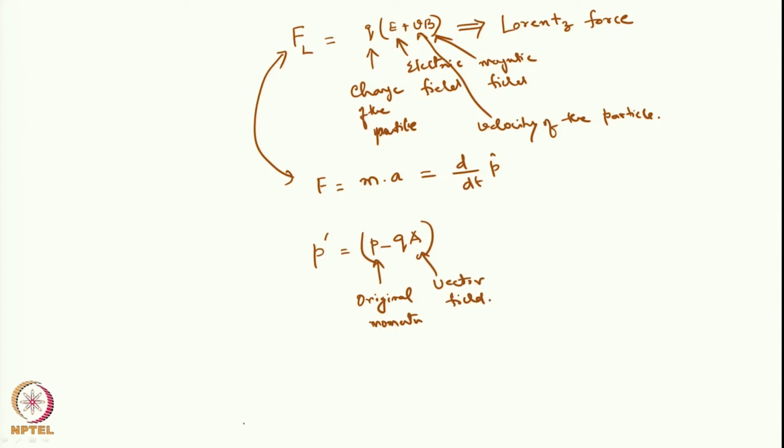Having done this, we cast the total Hamiltonian H as p prime square by 2m plus V of x. We considered only the x direction, and after doing the necessary math, we came across the equation in which